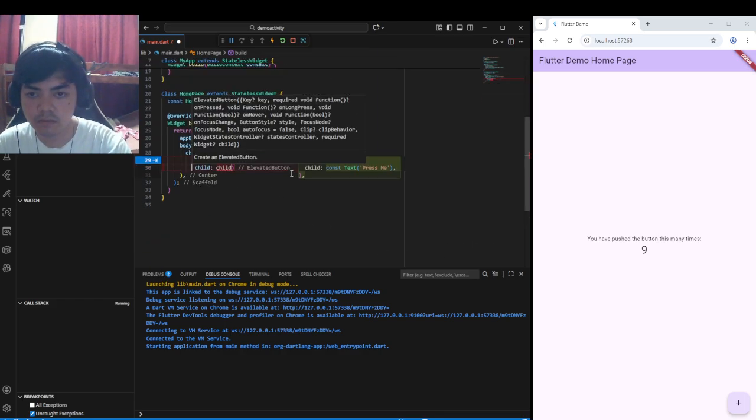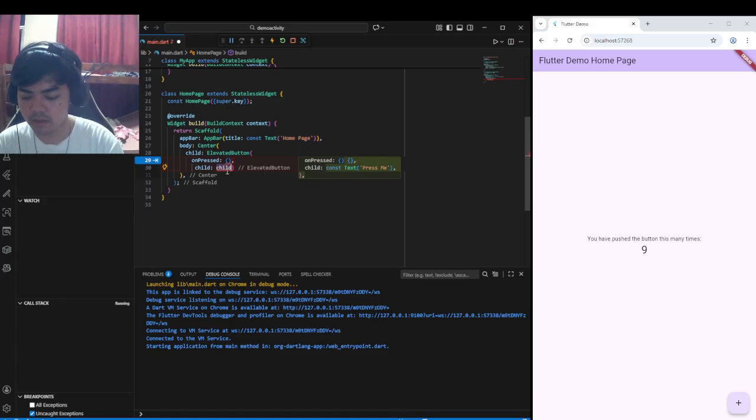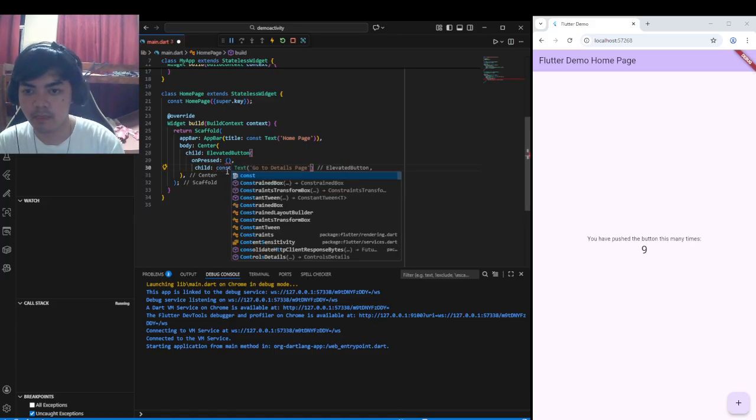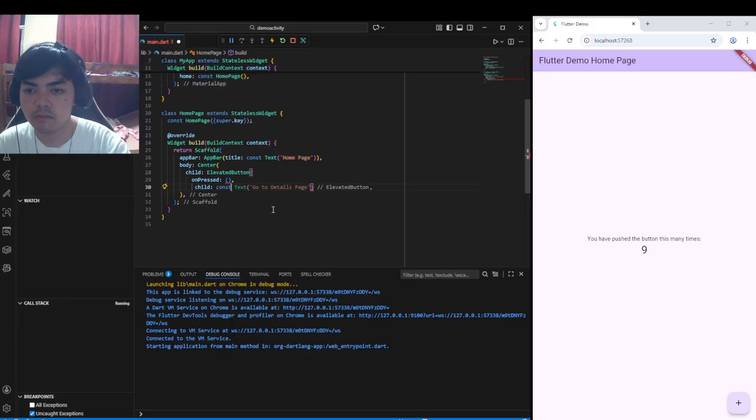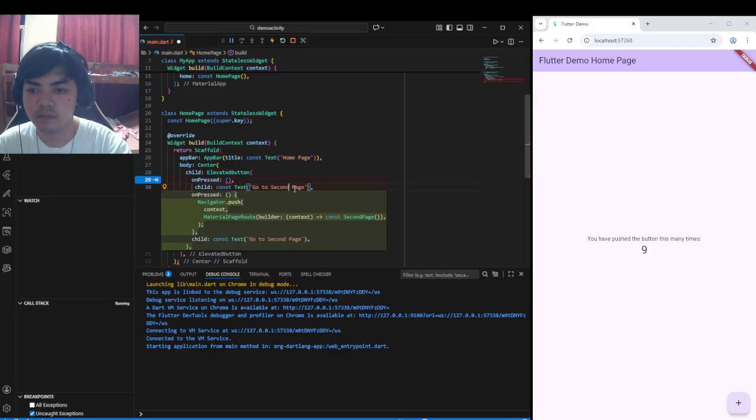The text will be Go to second page. And then context.